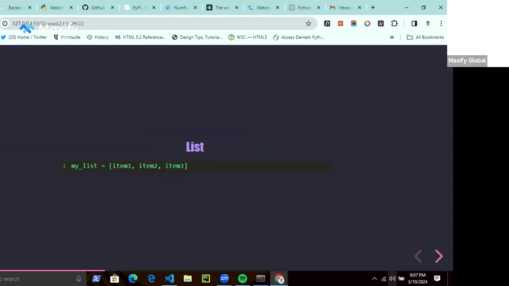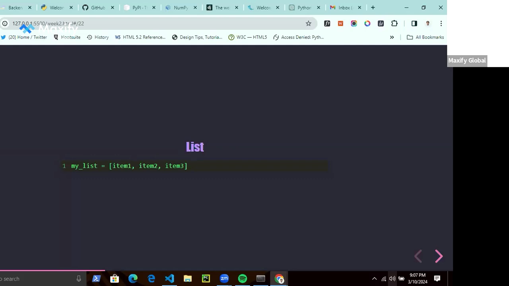So list, this is how to define a list. A list essentially is a collection of items in an ordered way. They are ordered and they are mutable as well. You can change them. Like I said, a Python list allows you to store any variable types, right? We create a list using square brackets and commas as shown below.